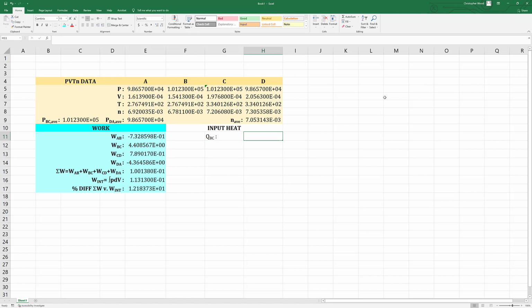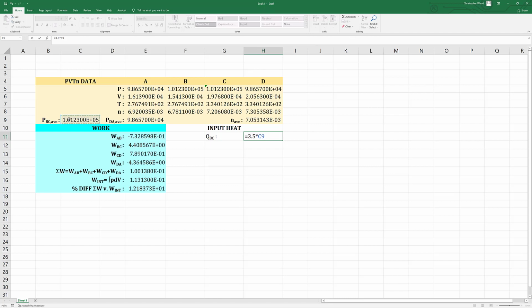The process from state B to state C is an isobaric process, and we know how to calculate the heat flow for an isobaric process. It's Q equals N CP delta T. Let's do that via Excel. This simplifies down to equals 3.5 times the pressure between B and C, which